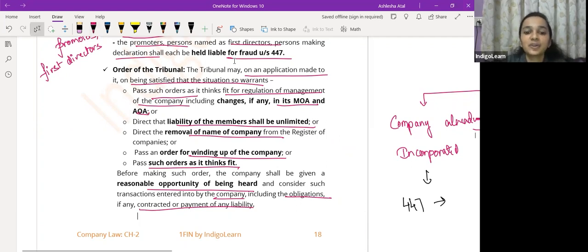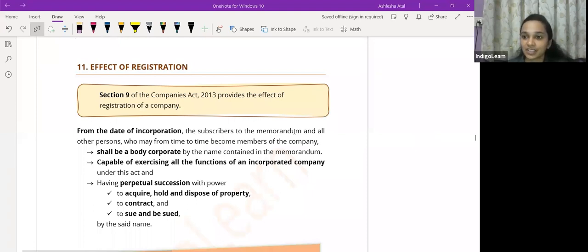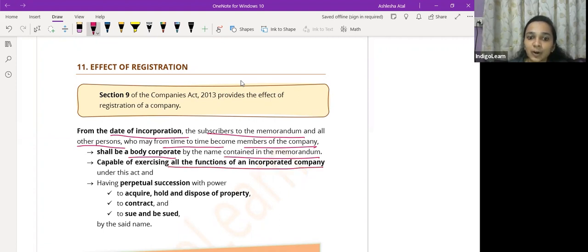Okay. Let's now talk of section 9, what it talks about, the effect of registration. So section 9 talks about the effect of registration. मतलब एक बार अगर company register हो चुकी है तो what will be the effect of registration of the company? So from the date of incorporation, the subscribers to the memorandum and all other persons who may from time to time become members of the company shall be a body corporate by the name contained in the memorandum, shall be capable of exercising all the functions of an incorporated company under this act, and having perpetual succession with power to acquire, hold, dispose of property, to contract, to sue and to be sued